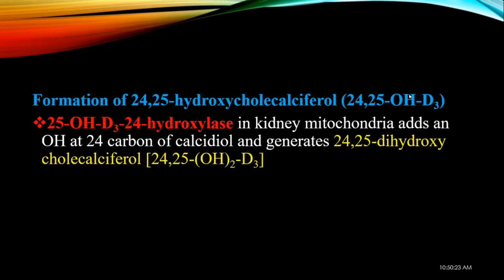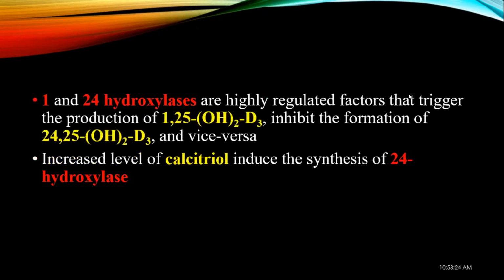And this 24,25-dihydroxycholecalciferol is less active than 1,25-dihydroxycholecalciferol, or calcitriol. So it is a less active calcitriol hormone. And this 24,25-dihydroxycholecalciferol is also formed in the mitochondria of renal tubules. And 1-alpha hydroxylase and 24-hydroxylase are highly regulated. So that triggers the production of 1,25-dihydroxycholecalciferol